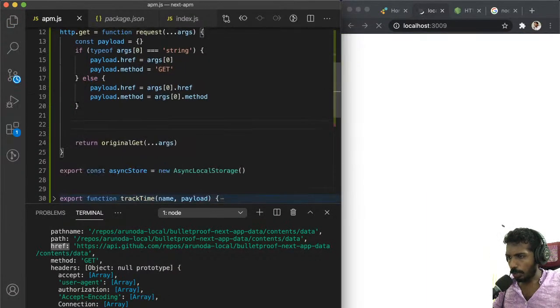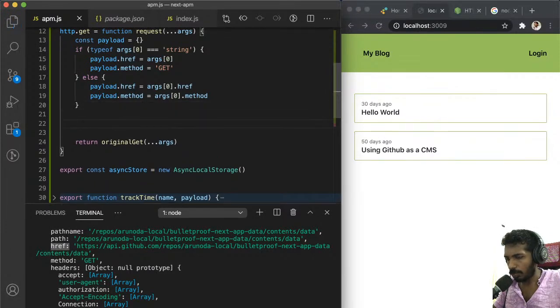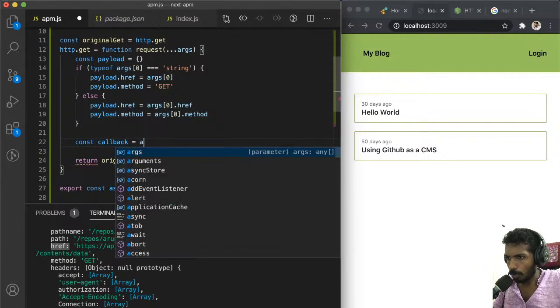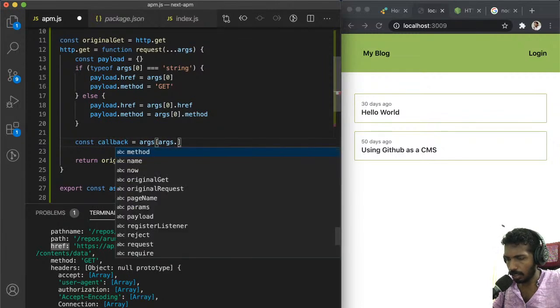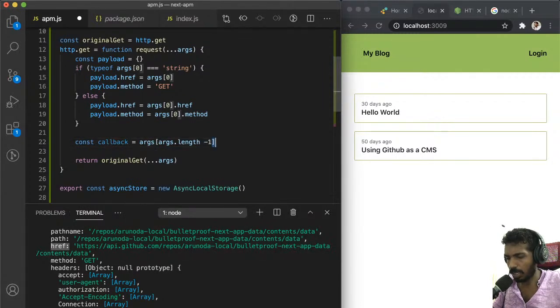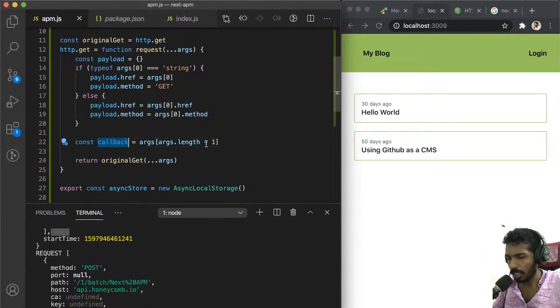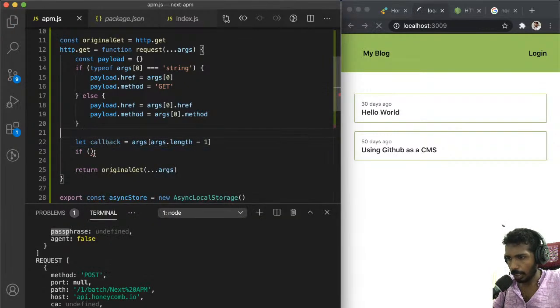Right, then we need to wrap the callback as well, otherwise we cannot see the information. So I'm gonna type something like const callback. I'm gonna get the callback using args, and I'm gonna use args dot length minus 1, but it's still possible to have an empty callback here. So we're gonna do something like this. If... we're gonna do a let here. If